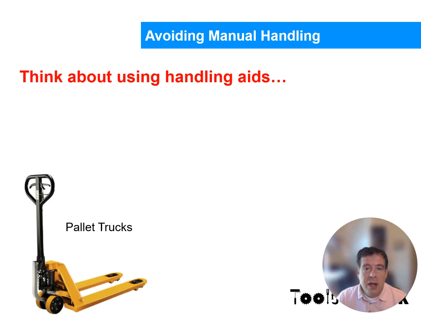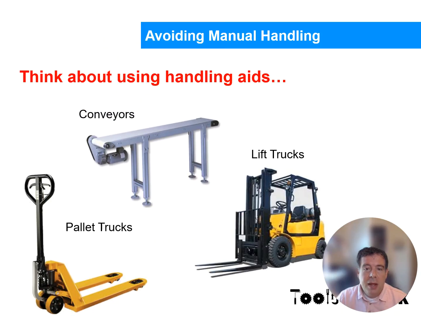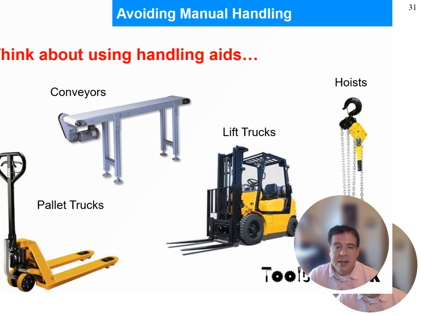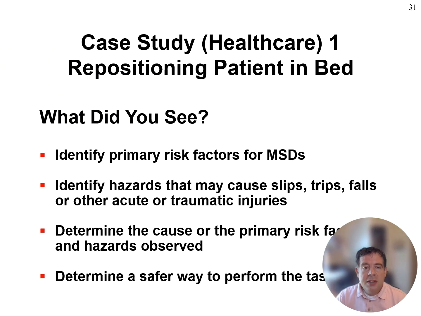All right. So other things we talked about, tools that we could use, lots of tools for lifting. Just some examples that are really common. Lift trucks, probably the most common in the factories that we're seeing. Pallet trucks, everything with manufacturing is on pallets. So pallet trucks are very common. Conveyors as well. So all of these are good tools to help avoid our lifting. The hoist is less common.